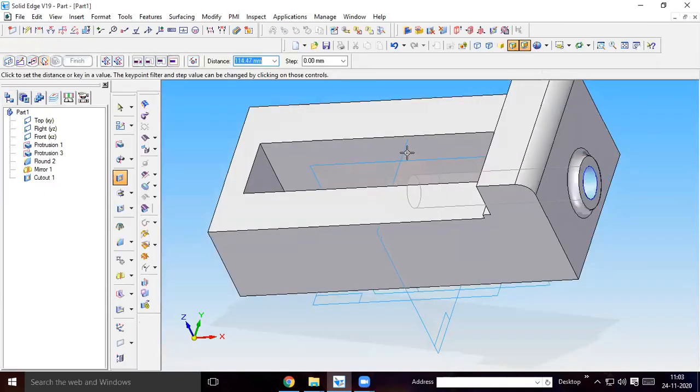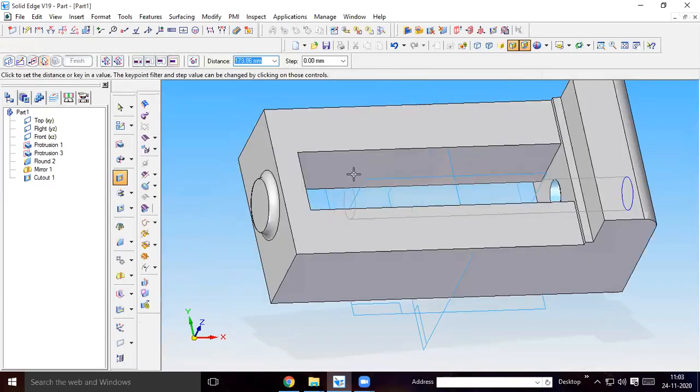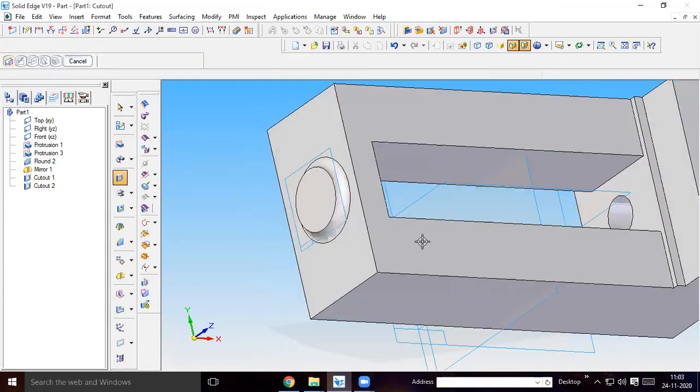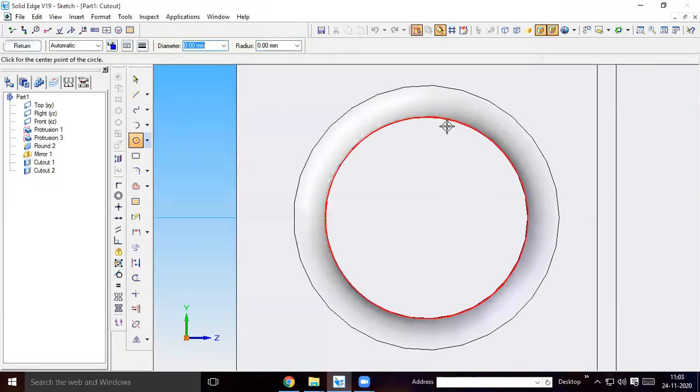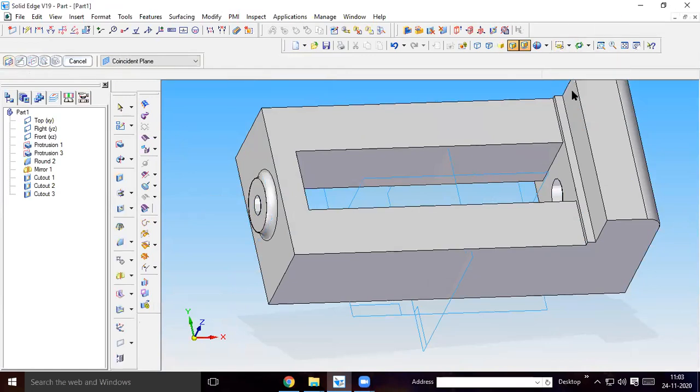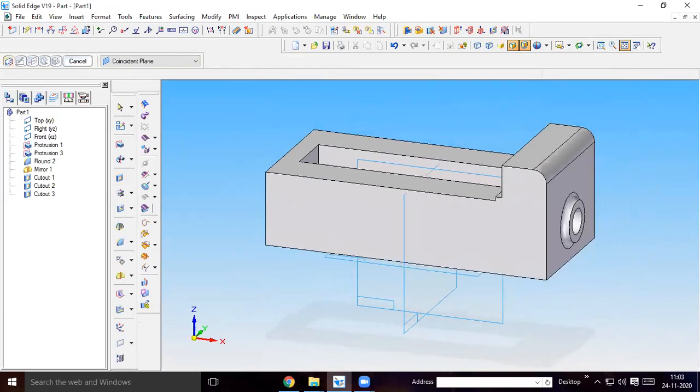You have to use it so that it should not pass through the other material like this. You can leave it here like this. You can give the cutout. From this surface you will have a 12 mm hole. If you move along the circle, the center will be highlighted. Click on the same center and give a 12 mm circle, 12 mm cutout up to here. Is it clear? Yes, sir. Okay, so we'll see the drawing.